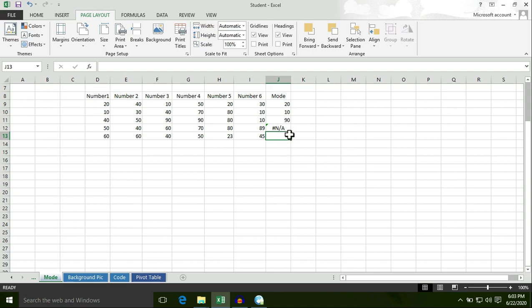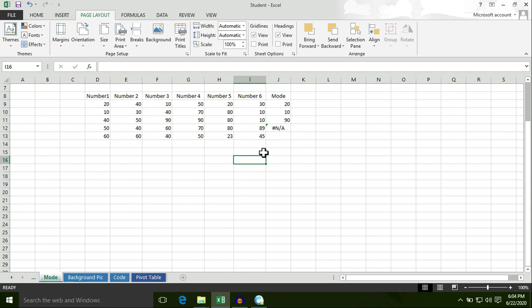The answer is NA, because in this range of cells there is no repeating number. 50, 40, 60, 70, 80 and 89 are unique numbers. The numbers are not repeating in this data set. So that's why the answer is NA.